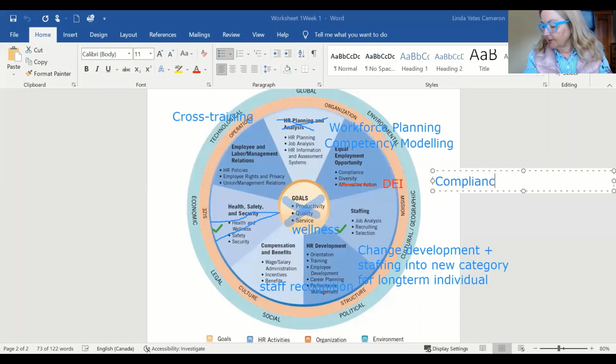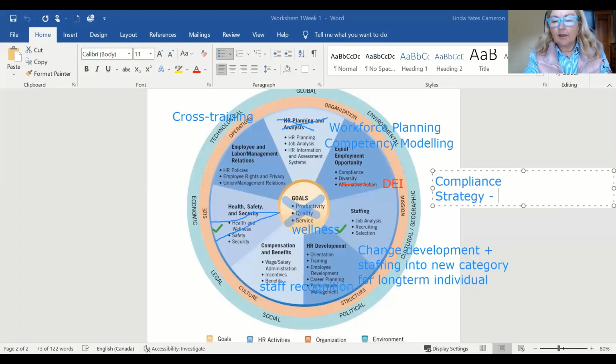Compliance, okay? But what we're seeing much more is strategy and business partner. And I have to understand my business. So, we have somebody here that's in manufacturing, making disposable plates and stuff like that. Well, the human resources department has to understand what your product is and some of the challenges facing your organization in order to come up with legitimate plans on how to support the people in your group.